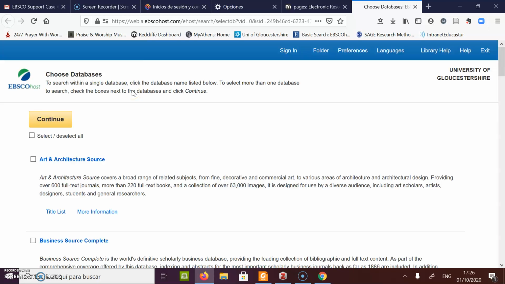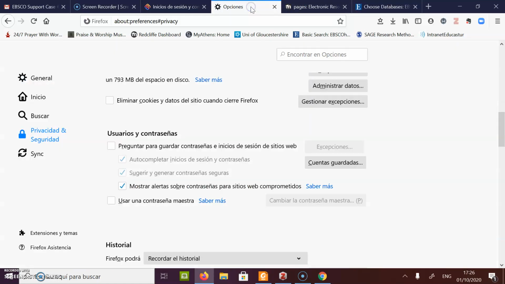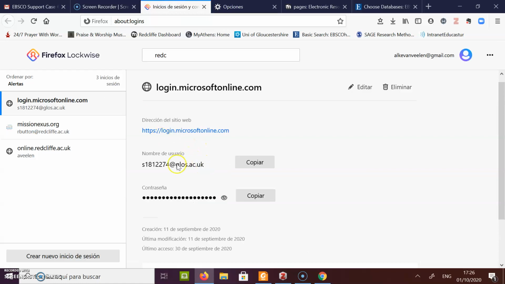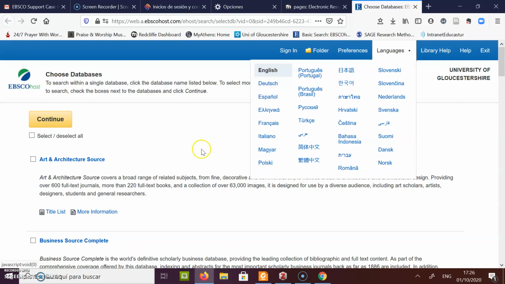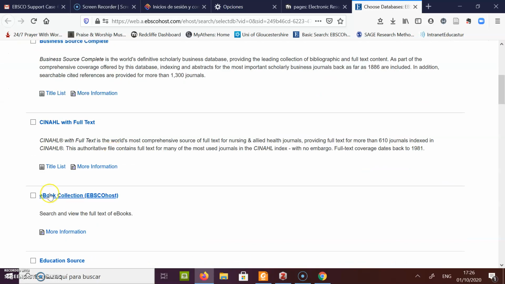Only it automatically goes to my EBSCO login that I got from the University of Gloucestershire, which is a Microsoft account that they gave us. There it is. It's this one, Microsoft account with an S number, S1812274. And that one is automatically logged in here because I can know that because in the ebooks, when I,